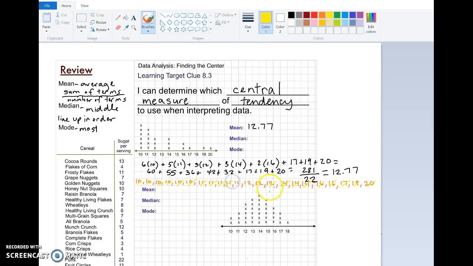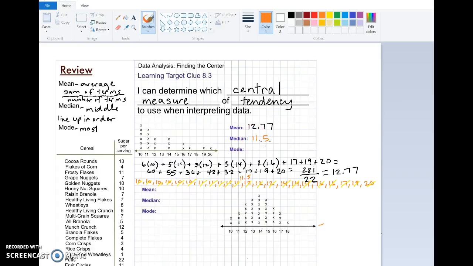You can also count them, and you'll see that when I cross them all off and I go all the way in, I don't have one left over. So to find the median, when I have an even number like that, it's between 11 and 12, I have to find the mean of 11 and 12. So when I add 11 and 12 together, the midway point is 11.5. Okay? So my median is